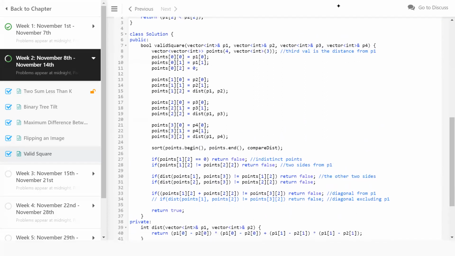Most of the code is just to make sure I'm putting the points in a vector and then sorting them, so that there are only 4 points. Sorting, I don't consider that as n log n. That is only constant time. There are only 4 points given. There is nothing called a variable other than the actual coordinate points. So this whole thing works in constant time.